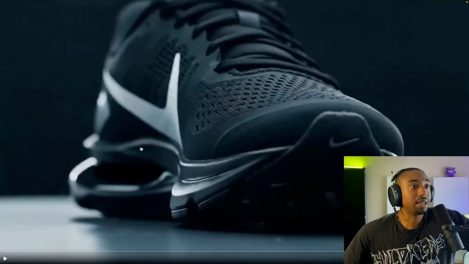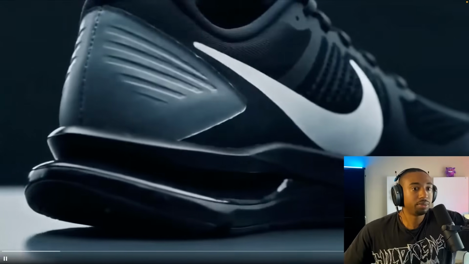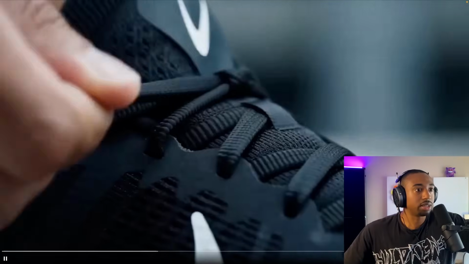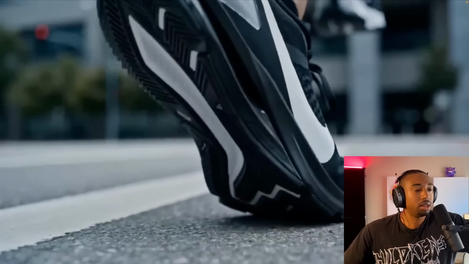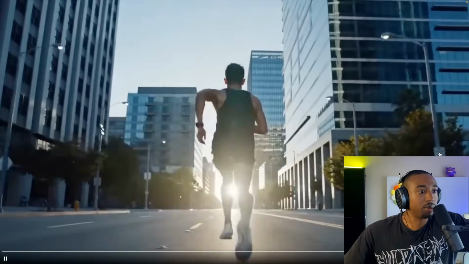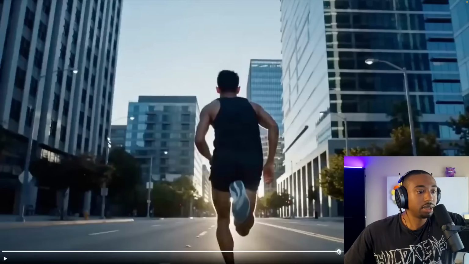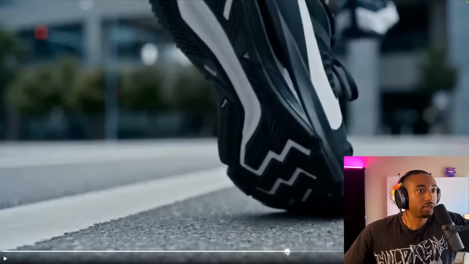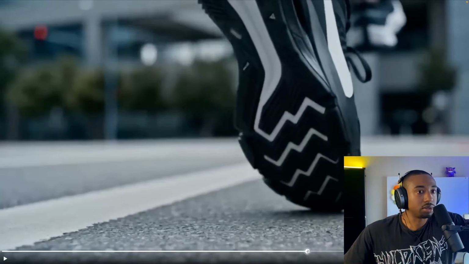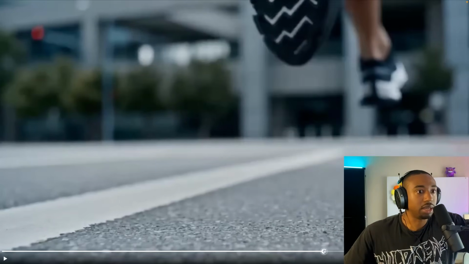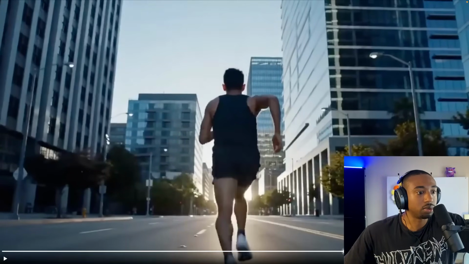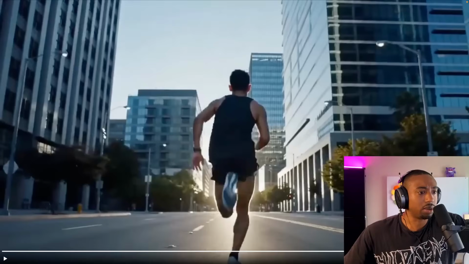So this one is a Nike shoe ad. Looks just like the shoe. Now I'm curious what they fed this, if they fed it an image or if they just gave it text. The only inconsistency here is he starts off with a black shoe, which could be a different person. So maybe this is a different person, but then he ends off on a white shoe. So at least it looks white from here. I can't tell.